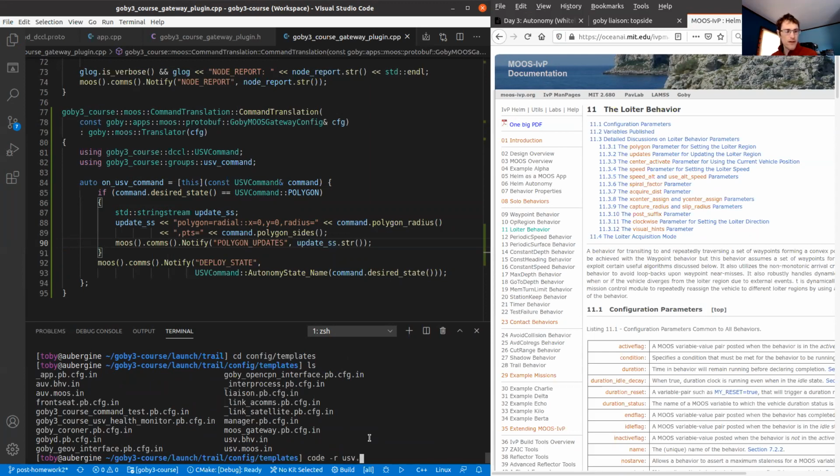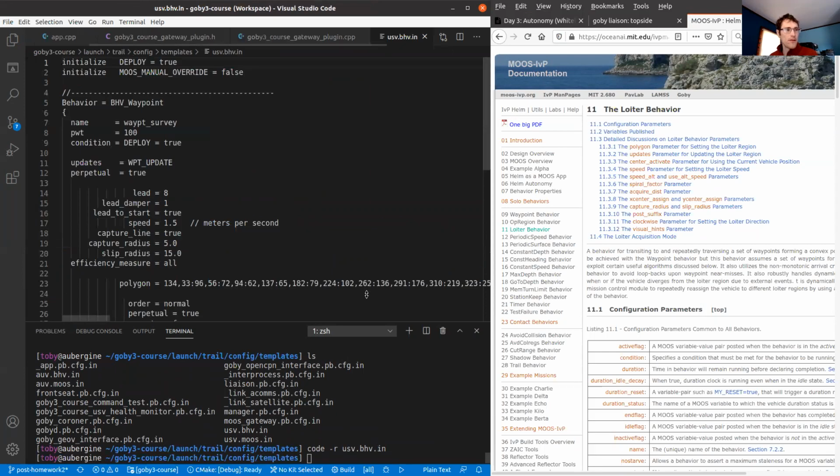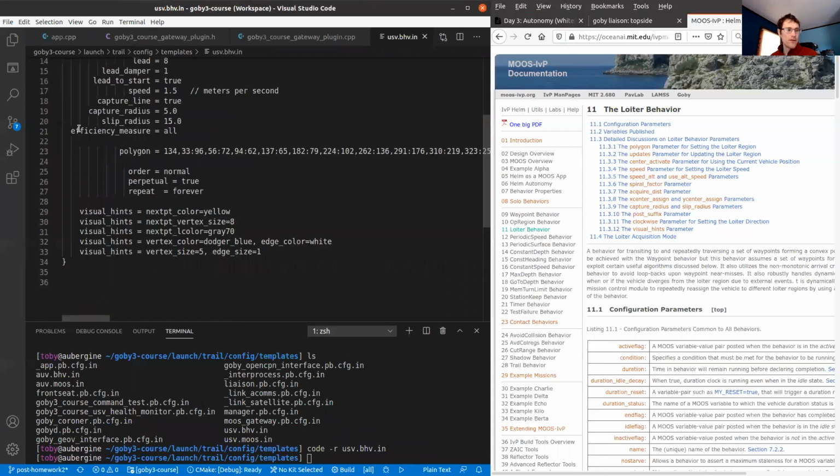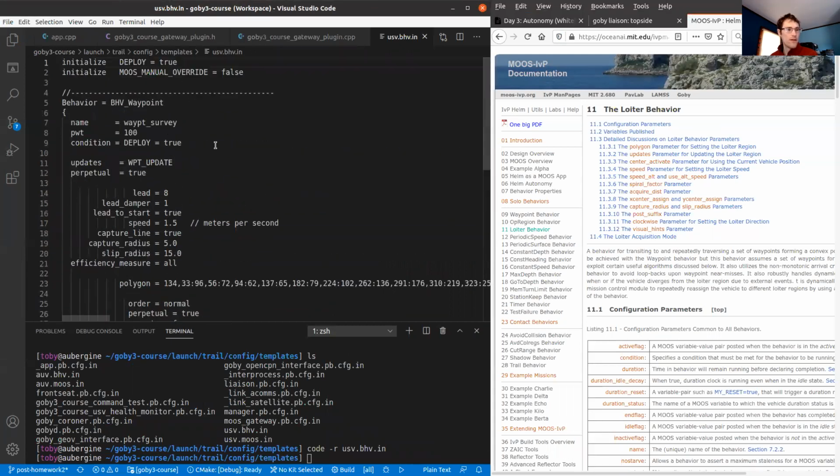So I'll look at that file here. And for those of you who are familiar using MOOS-IvP, you'll be familiar with this. You have some initialized MOOS variables that we start on startup, and then a bunch of behaviors. In this case, one behavior. This is the Goby fish waypoint behavior. So we're going to change this around a little bit. We're going to change deploy to become deploy state.